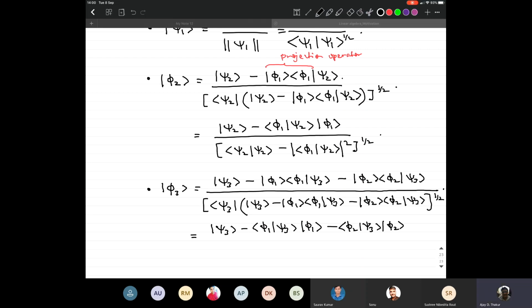Yeah, so that is what it would be, and then divided by this entire thing could be psi 3, and you will have to subtract. So here you can see that psi 3 acts on phi 1. So therefore it is like phi 1 psi 3 multiplied by its complex conjugate. So therefore you will have a minus of